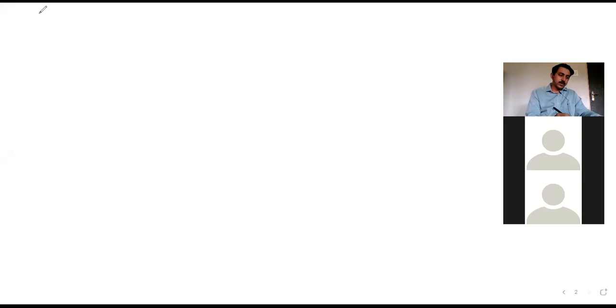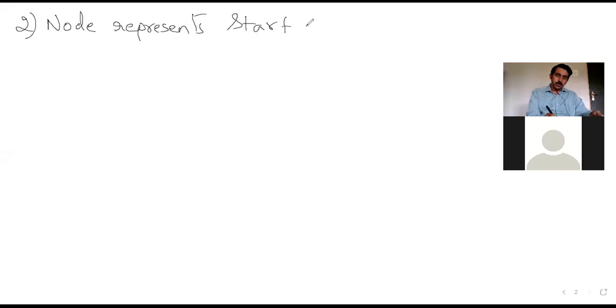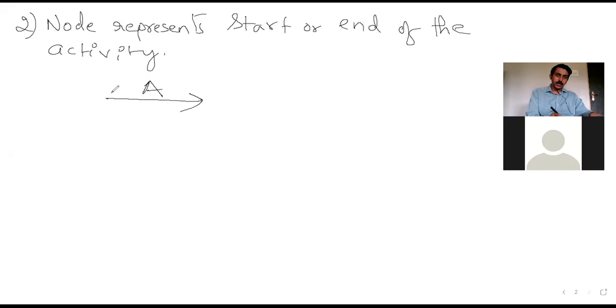Let's see what the second rule says. The second rule says that the node represents the start or end of the activity. Let us assume that this is the activity A. Start is represented as 1, end is represented as 2.